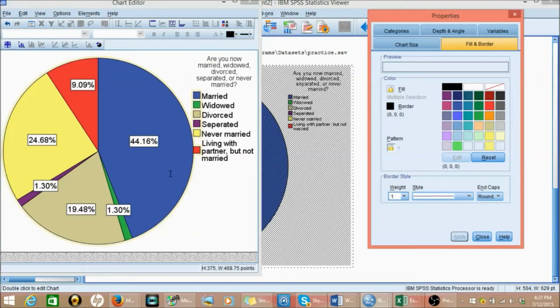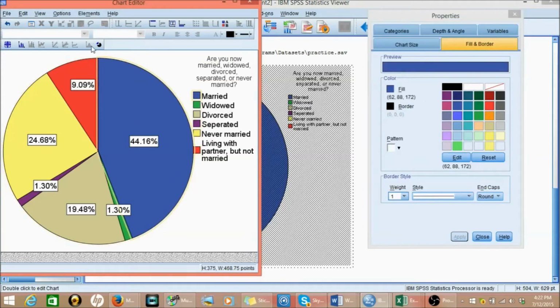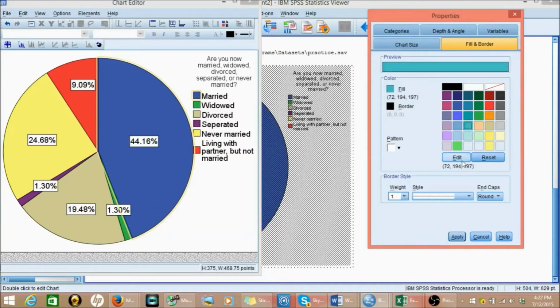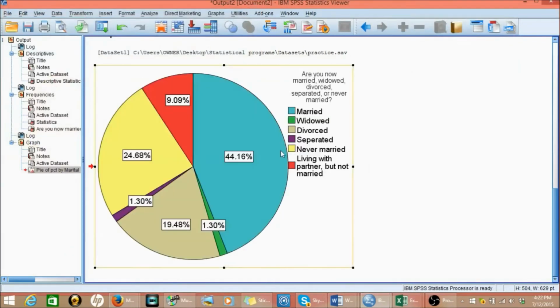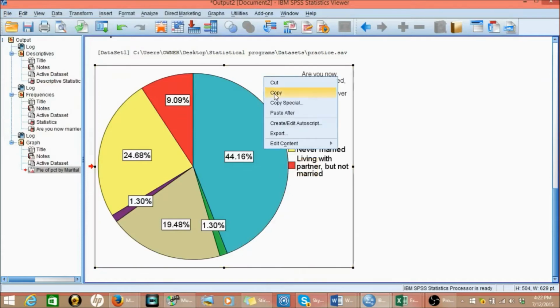I can go in here if I'd like, and I can pick one piece of the pie. You can see here I've highlighted the blue area, and maybe I want to change that to a different color. I'm going to click on the color I want, and I'm going to hit apply. Boom. And there you have it. Now if I just hit enter, it's going to go right back into my output box. But the way that I've changed it, or it should, let me just exit out of this, and it's in my output box. Now I literally can right click, I can copy,